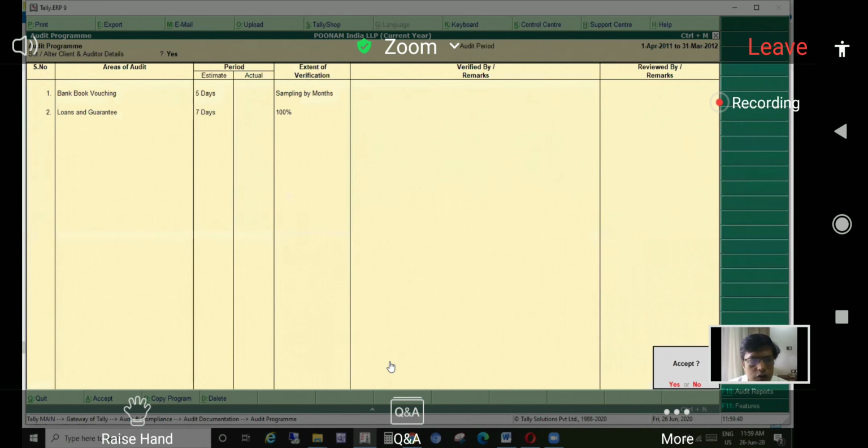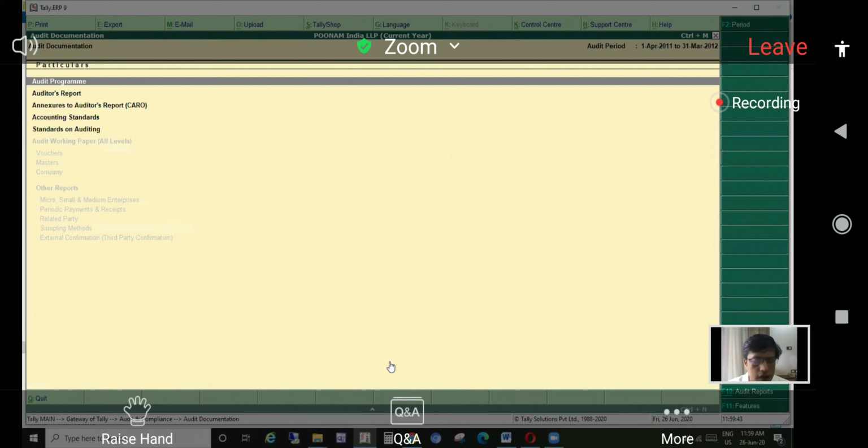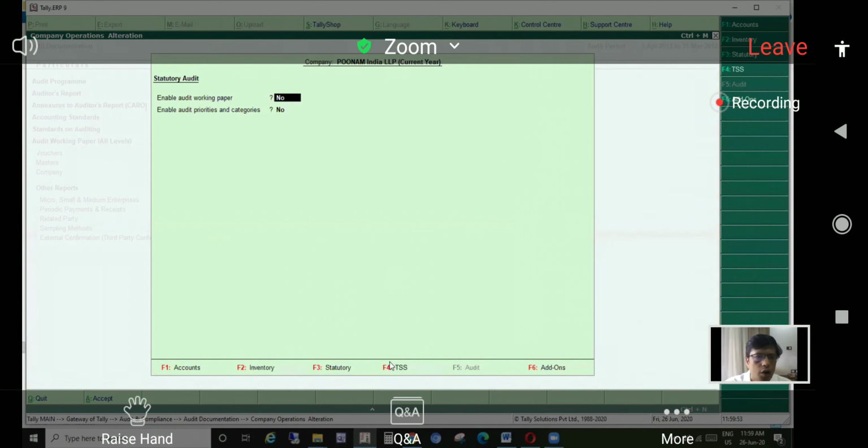Okay. So moving forward, now that is set, the other part of the idea is the working paper. That we will come to. For that, we have to activate it in F11, enable audit working papers. This is an option because the moment you start doing an audit within the system without using your paper and pen, at that time you will have to put the notes. At that time you will have to ask the question to your auditee. So how would you do that? That we will learn today as we move along.